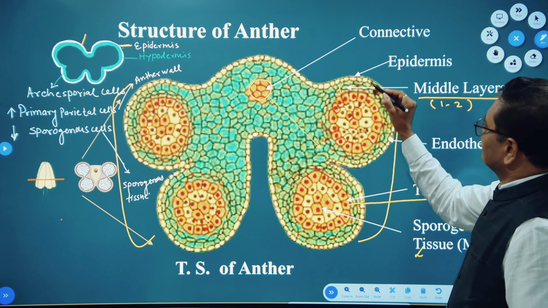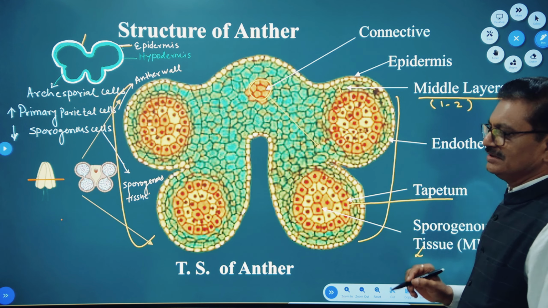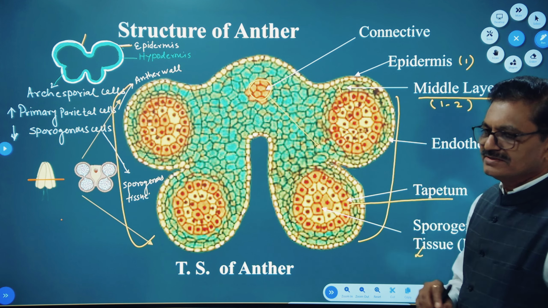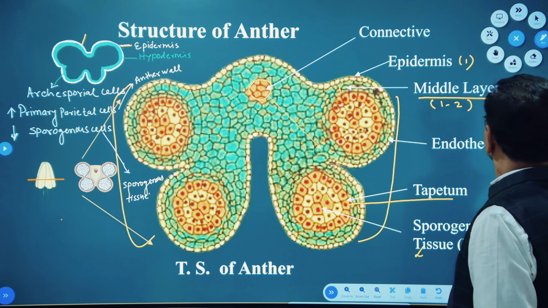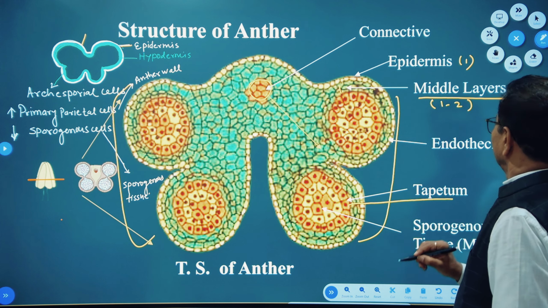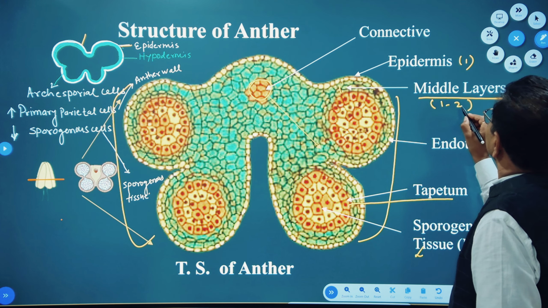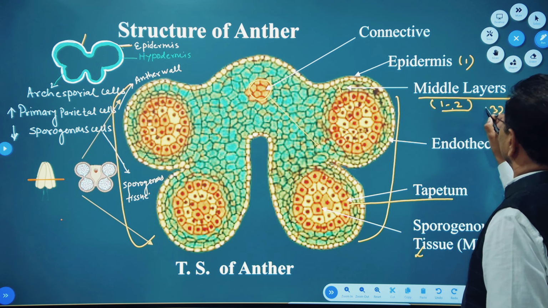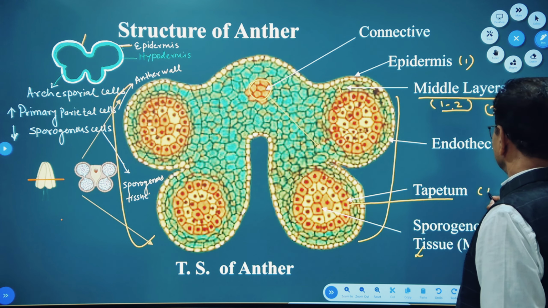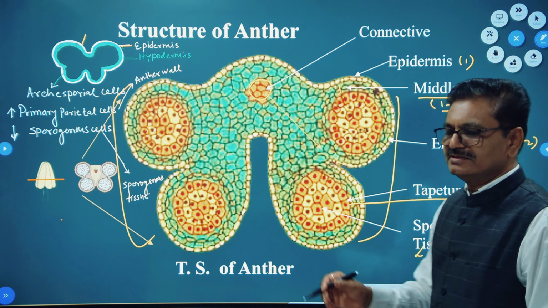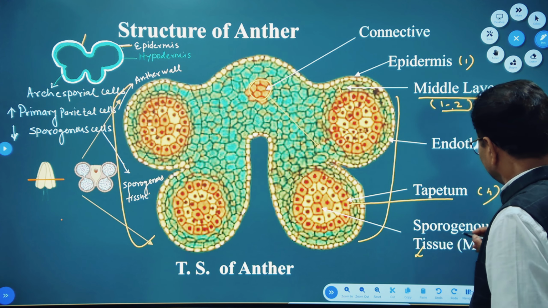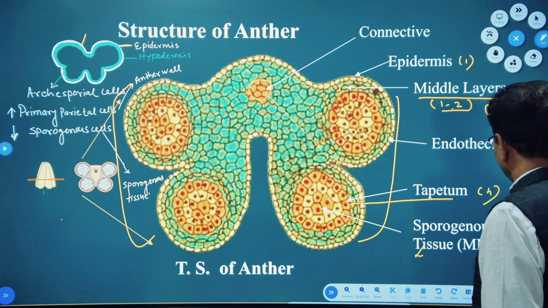Just inside the epidermis you will get the endothecium, that's the second layer. So the first layer is epidermis, the second layer is endothecium, the third is what? Middle layer. It is two cells thick, the middle layer. So this is number 3. Number 4 is the tapetum. This is the innermost layer of the anther wall, and inside the tapetum, at number 6, you can see